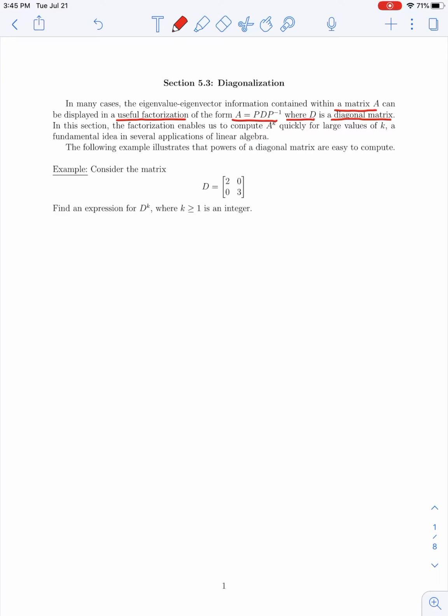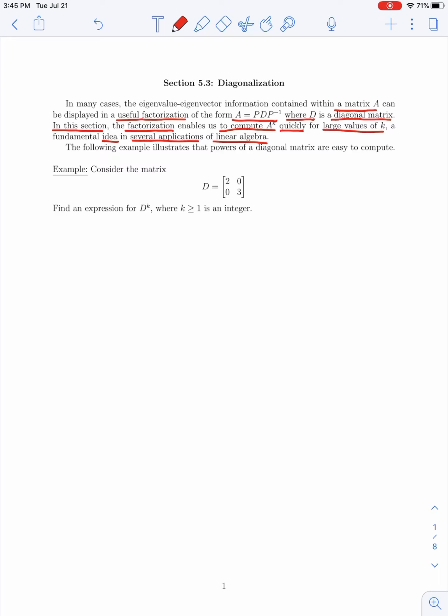So the idea for this section is to make use of that factorization of the matrix A in order to compute powers of A, say something of the form A to the K, pretty quickly for large values of K, which is a fundamental concept in several applications of linear algebra. So when you consider applications of linear algebra and these matrices that we've been studying, a common